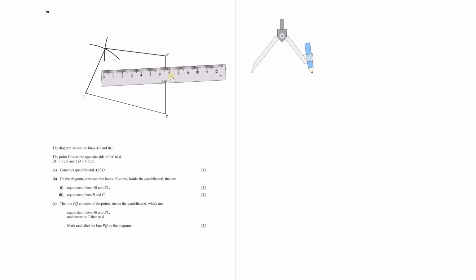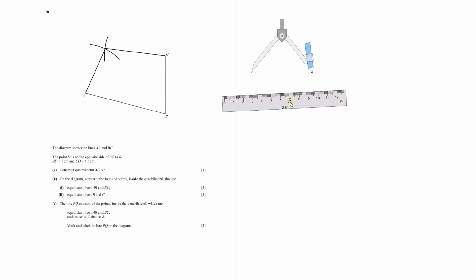So this will be your quadrilateral ABCD, and this point here is D. So the next part is on the diagram: construct the locus of points inside the quadrilateral that are equidistant from AB and BC. Equidistance from two lines AB and BC means we have to draw the angle bisector where the two lines meet. So AB and BC meet at this point, so we have to draw the angle bisector of this angle